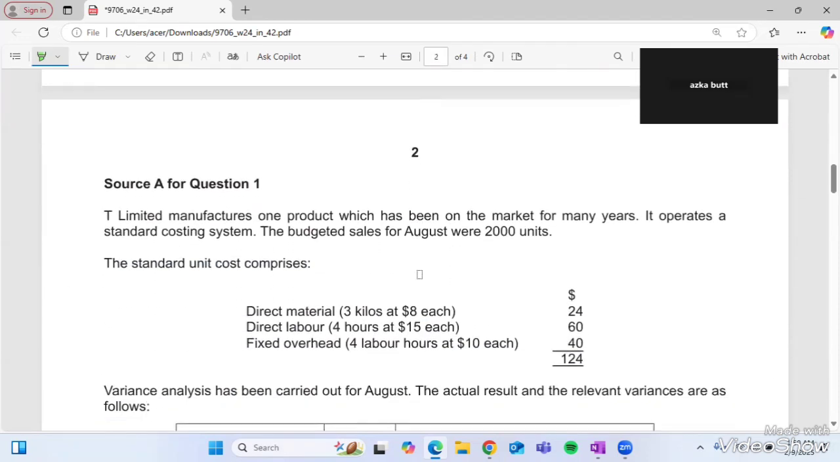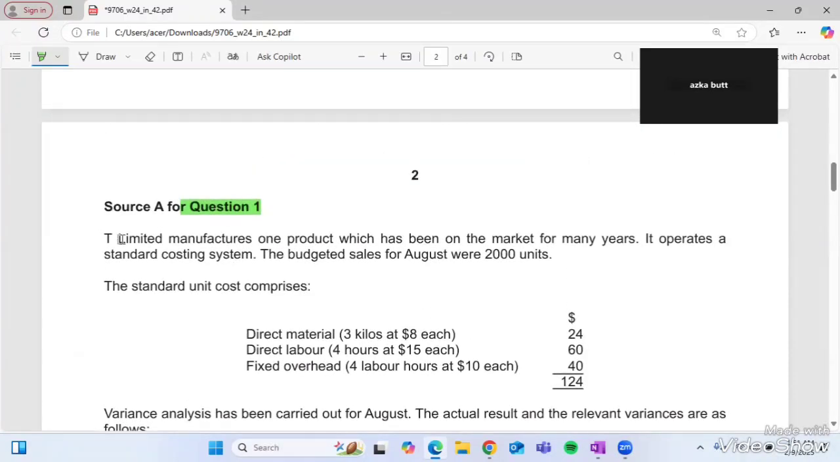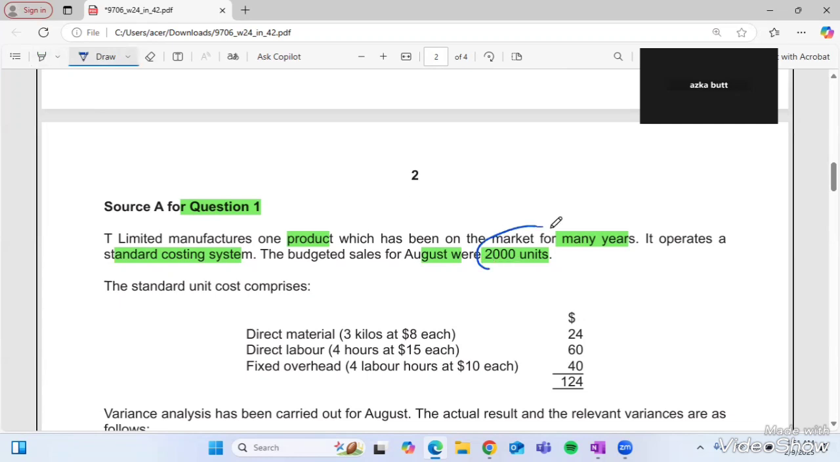Okay, so first of all, we have this source A for question 1. So in this particular question, we have the information. This whole question is basically from the budgets. So T Limited manufactures one product which has been on the market for many years, and it operates a standard costing system. The budgeted sales for August were 22,000 units. So these are the budgeted units. This is not the actual units. Standard cost comprises,